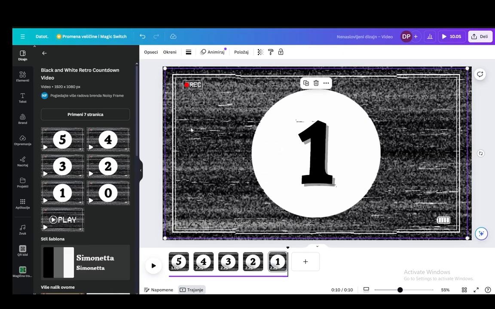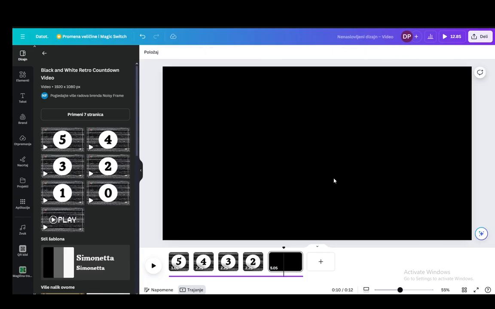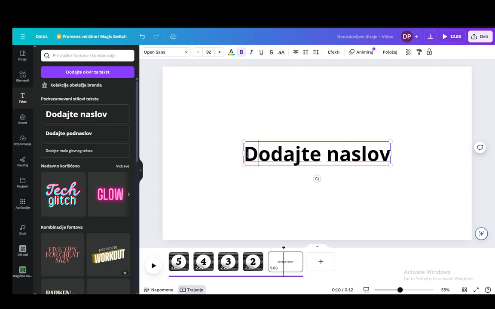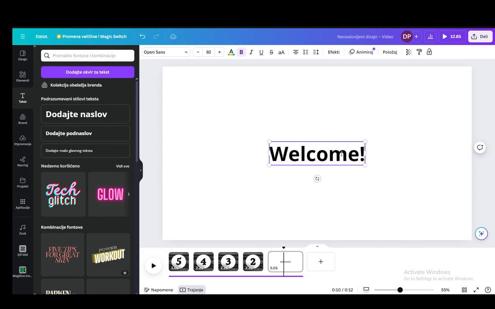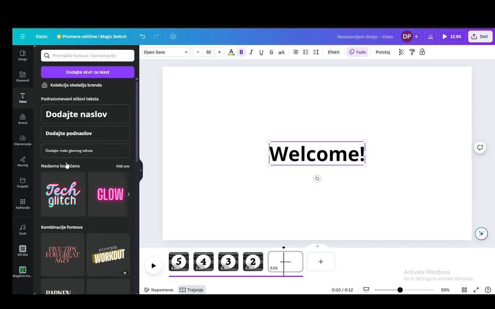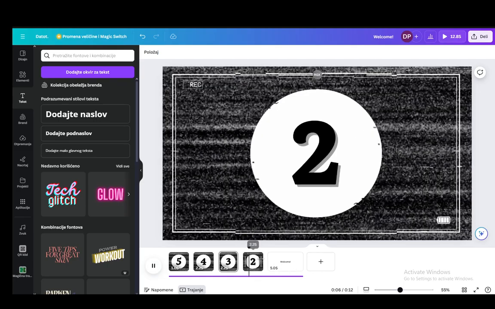Other than that, you can also add your own elements. If I delete everything here, what I could do is add text, such as a title, type in, for example, welcome, and add an animation such as a fade in, which you can edit at the start bar there. But if I play it, for example, from here, from 2, it's counting down to 2,